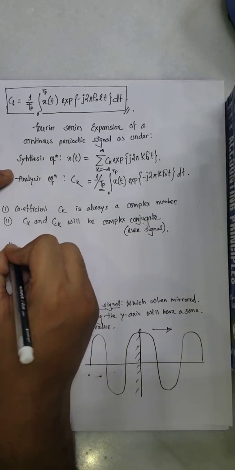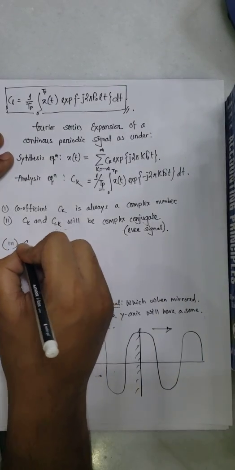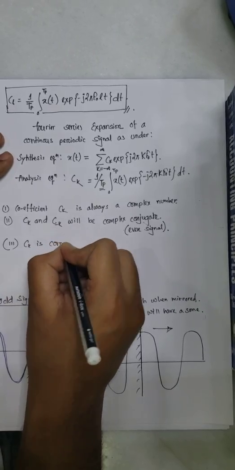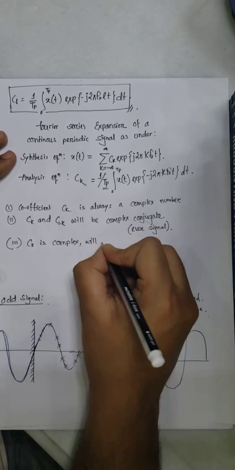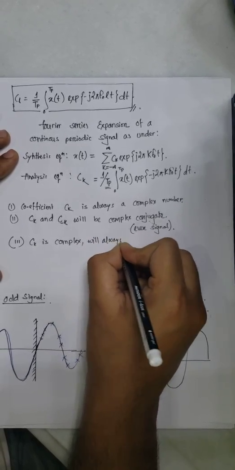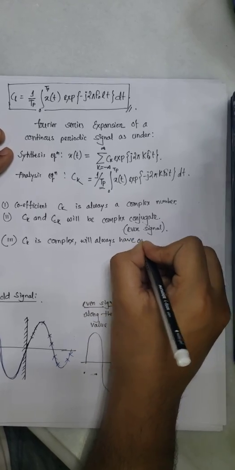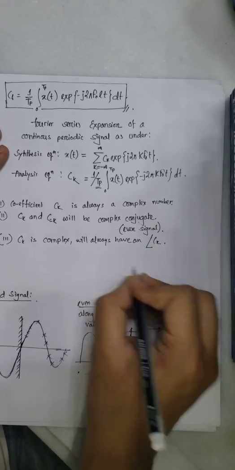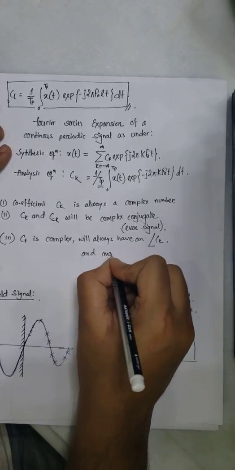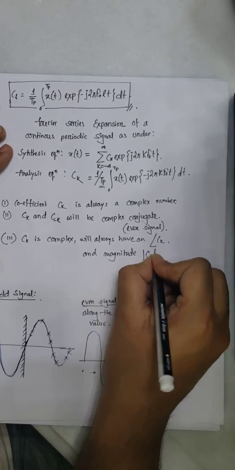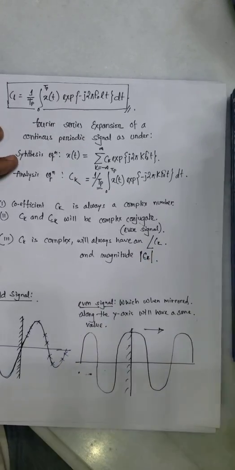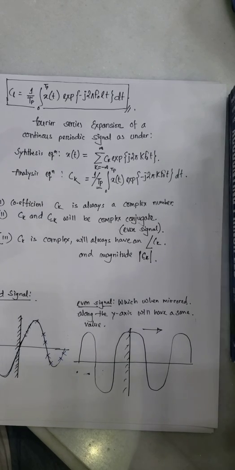Other than that, the third assumption is, since c of k is complex, it will always have an argument of c of k and a magnitude, modulus of c of k. Hope up to now everything has been clear. If that is so, let us go to our next topic, which is the